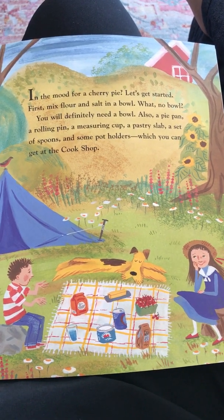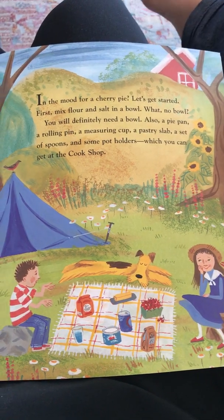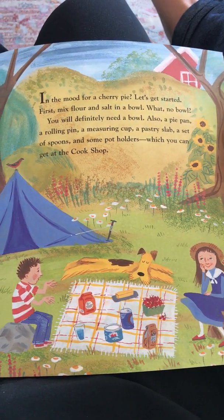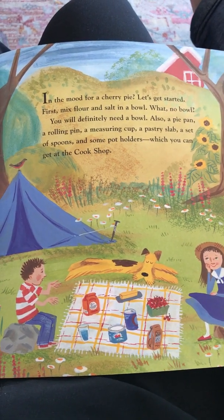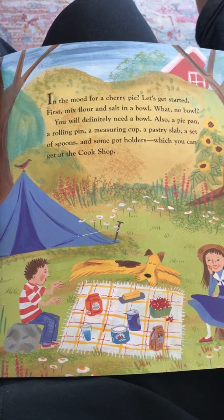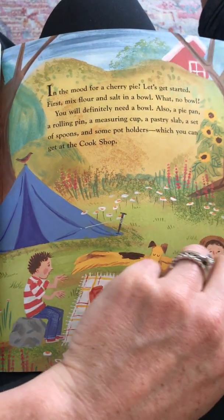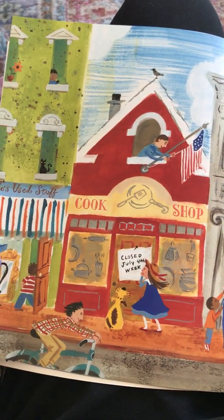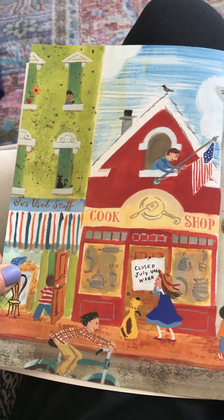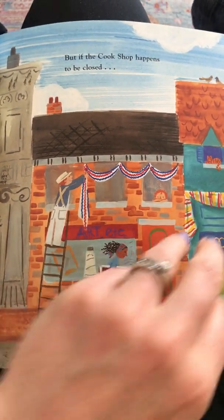In the mood for a cherry pie? Let's get started. First, mix flour and salt in a bowl. What? No bowl? You will definitely need a bowl. Also, a pie pan, a rolling pin, a measuring cup, a pastry slab, a set of spoons, and some pot holders, which you can get at the cook shop. Closed July 4th week. But if the cook shop happens to be closed,